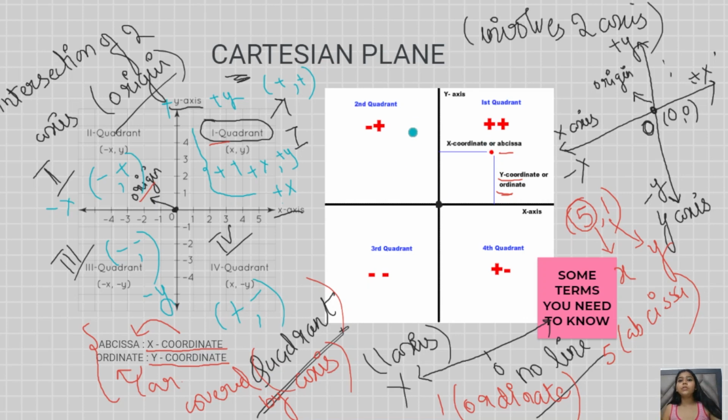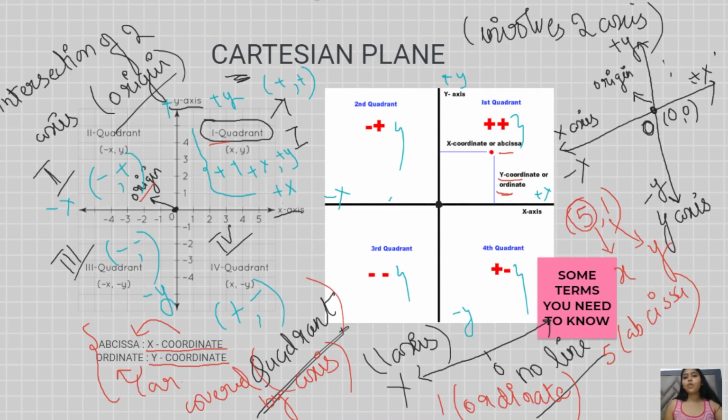This is a very important thing. You don't have to learn it, you just have to understand why these signs are here. Because this is the positive y-axis, this is the negative y-axis, this is the positive x-axis, and this is the negative x-axis. So this portion is covered by positive x and positive y, that is why both are positive. This area is covered by only negative x and positive y, that is why negative positive. This area is covered by both negatives, that is why it is known as negative negative. And this area is covered by positive x and negative y, that is why positive negative, right?